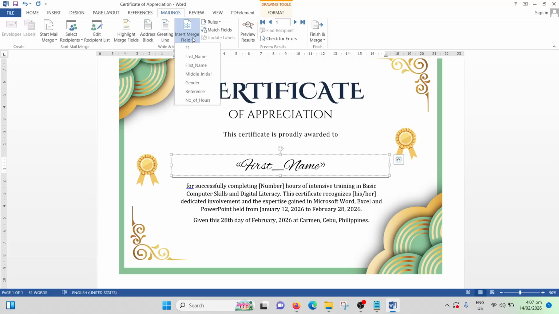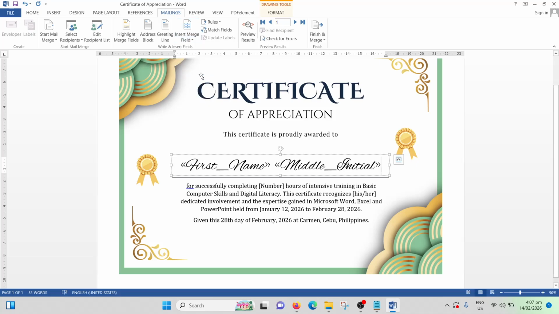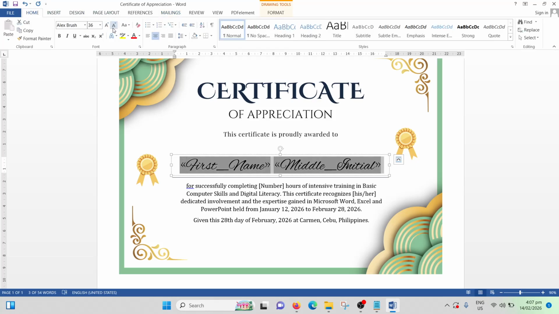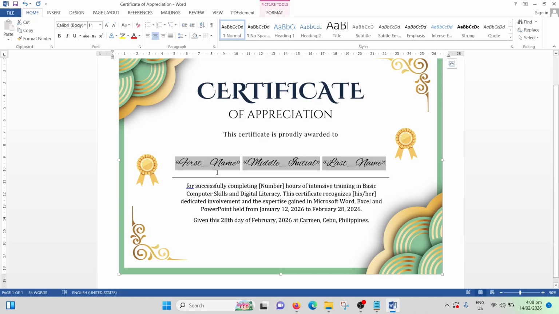Let's insert a space, followed by a middle initial, and then space, followed by the last name. Okay, so as you can see, it's big enough to fit in the text box. So that's how it is now after inserting the fields.